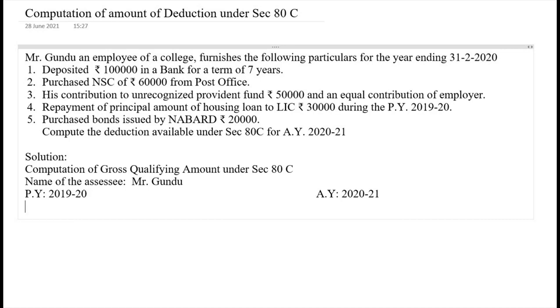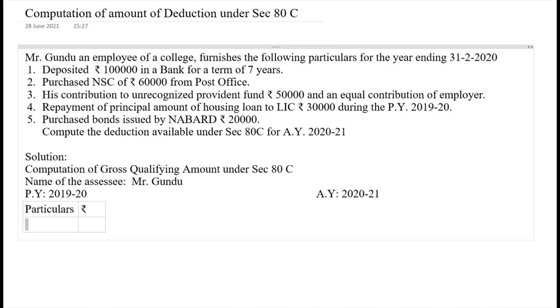So let me insert 2 columns here, particulars, rupees here. So now let us discuss here. So deposit of ₹1,00,000 in a bank for a